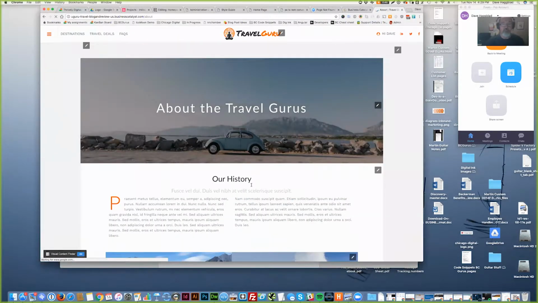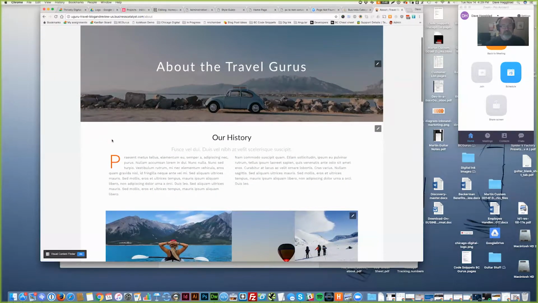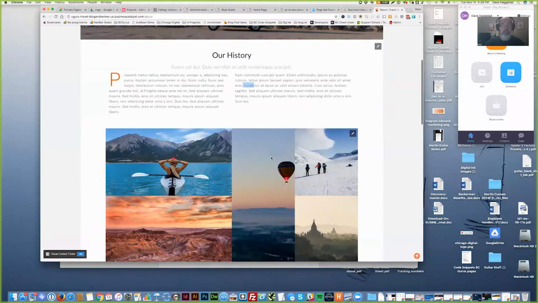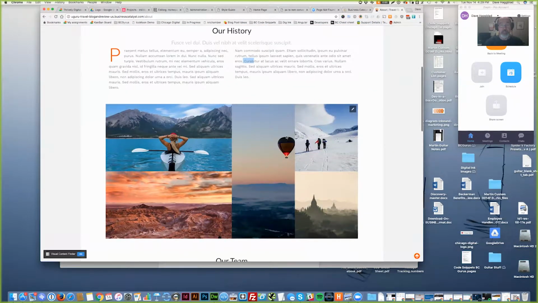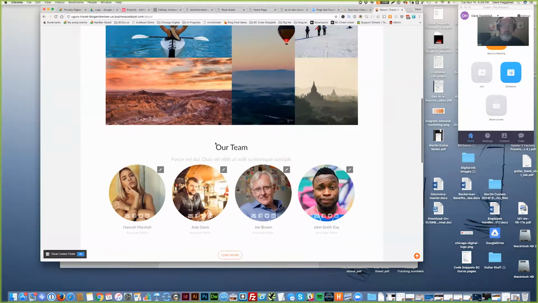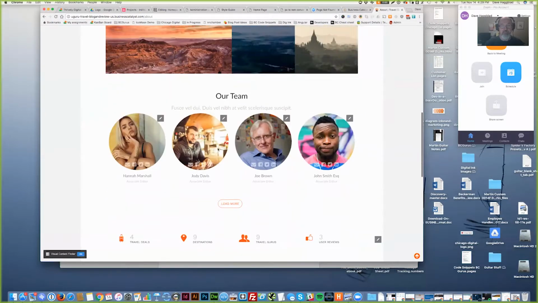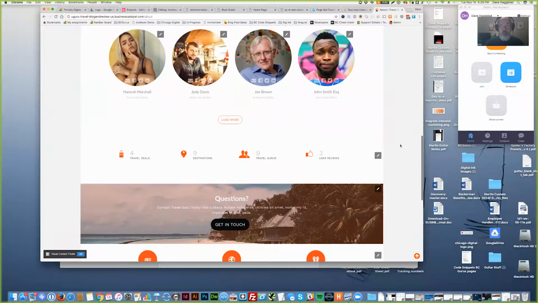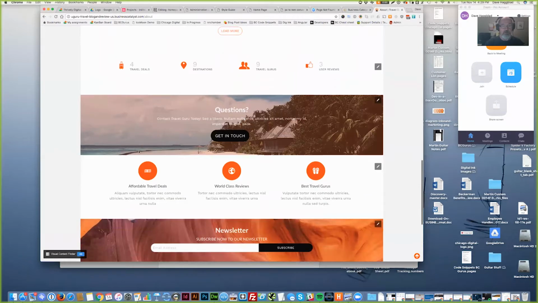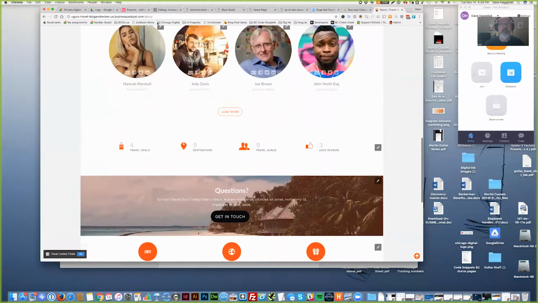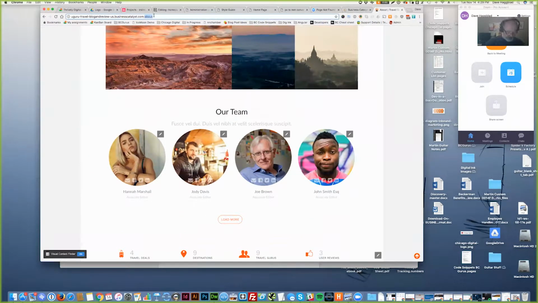So when I go to this About page, this is the section that's on the actual About page, this 2-paragraph section. This photo grid is actually part of a web app, this page module web app. This Our Team is part of a page module web app. This icon bar is part of a page module web app. This question bar, it's all part of this page control. And since I'm in it this far,